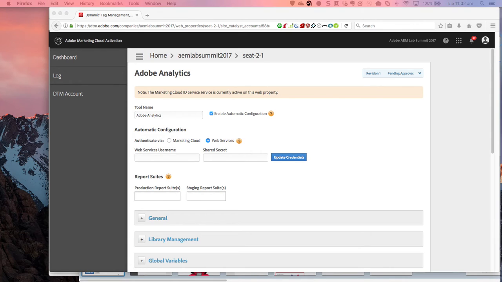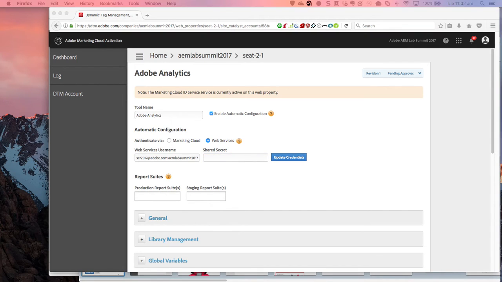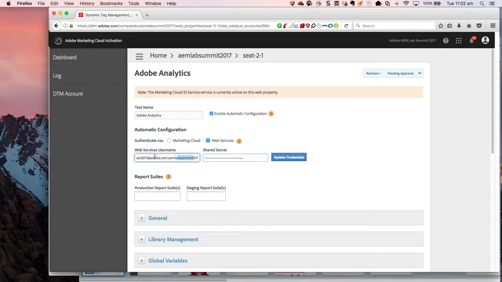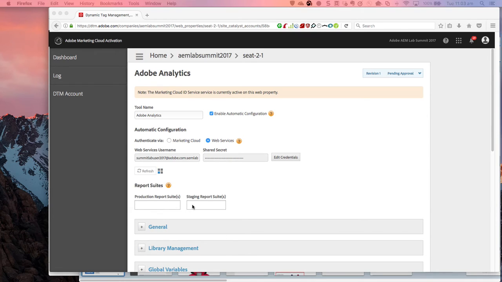Almost there. I'll get you that. These are the credentials, this is your username, and the shared secret is this. Once you've done that, update the credentials. Now that that's gone through,